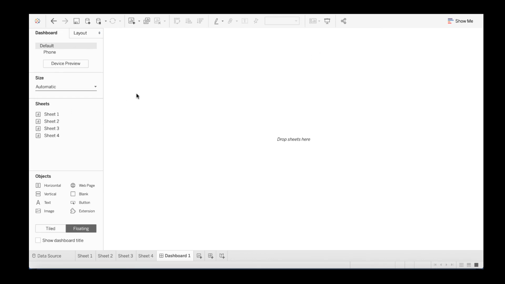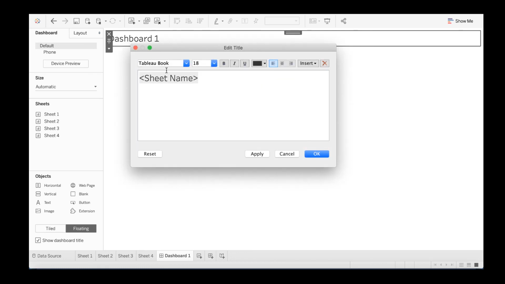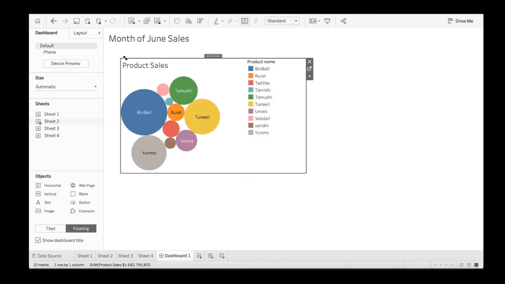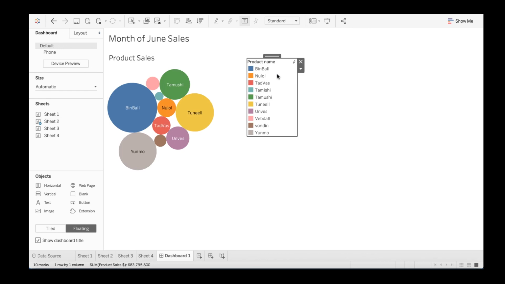So I'm going to put all the sheets I've been working on for the past few minutes. First, I want to create my dashboard title. I'm going to put the dashboard title here, and I'm going to type my title right here. And then you click OK. I'm going to drop my sheet right here, and then I enlarge it, make it bolder, and then I'm going